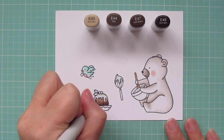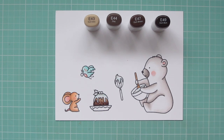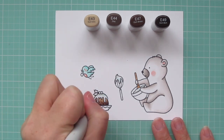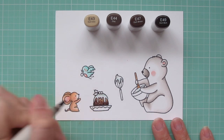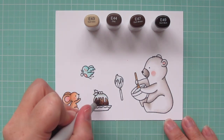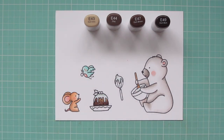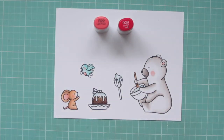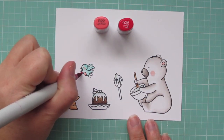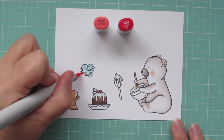I did also add a little dot detail just to give that cake some texture, mostly with the E49 and E47. I maybe added a little E44 in there as well to help those blend together. And then just went over it with the E43 once again to fade them back in so they're not too stark. And then finally, I'm going to take the R22 and R29,